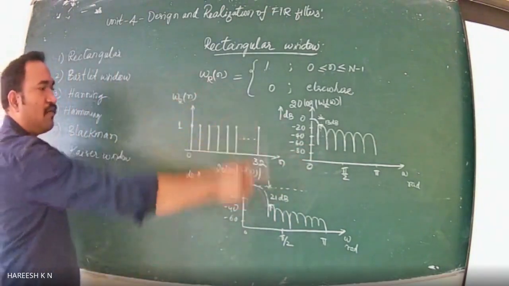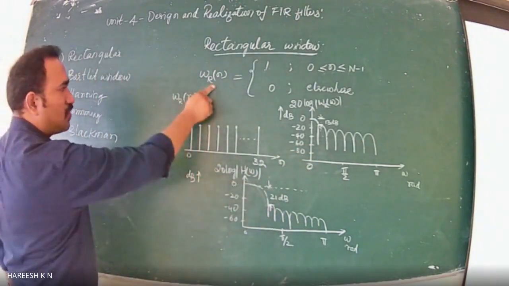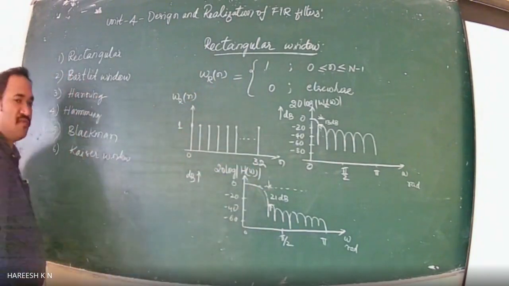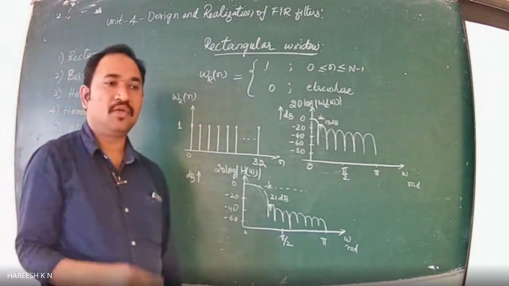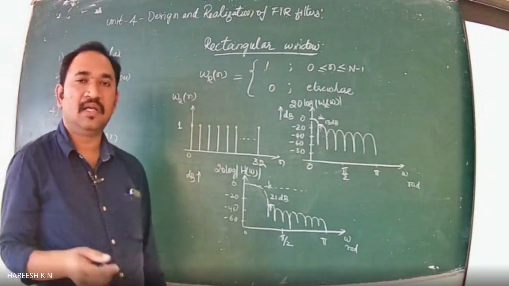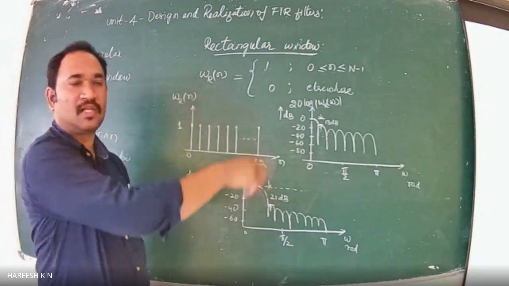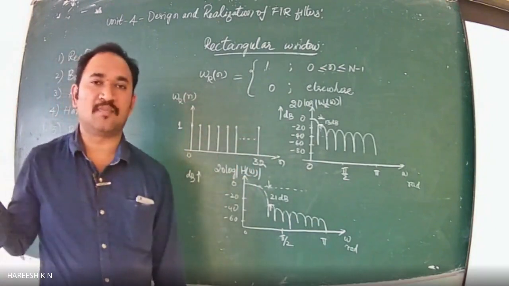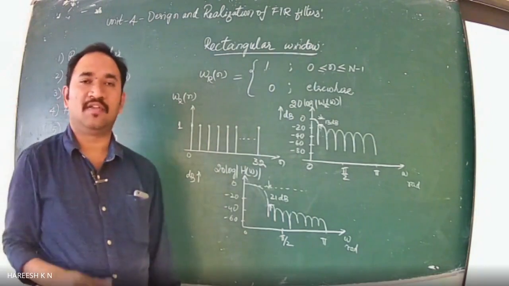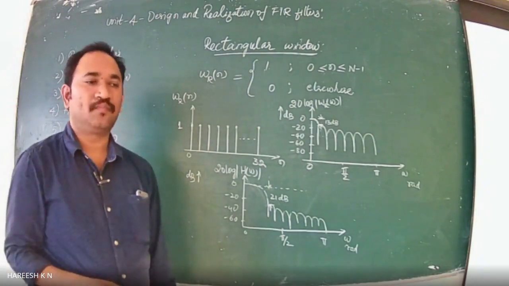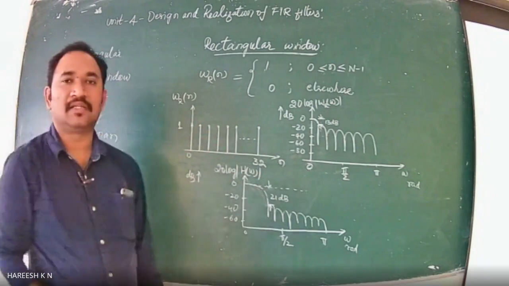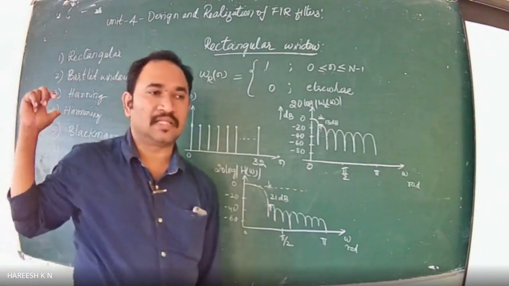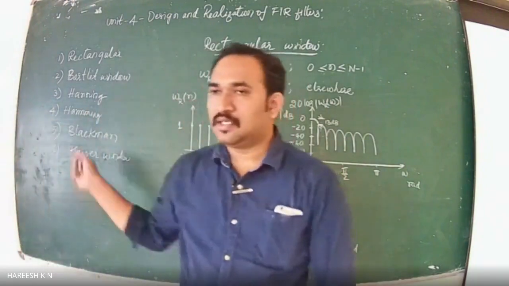Similar explanations, that is the expressions and the response plots, will be seen for all other windows. You can see and understand the different types of windows, their corresponding expressions, as well as the plots. I'll share the notes with you. Please go through them and try to understand these concepts for all the other types of windows that are listed there, right?